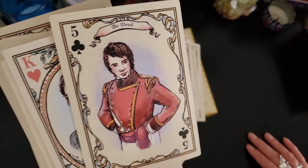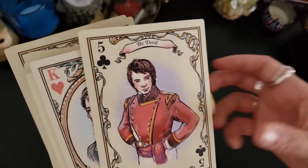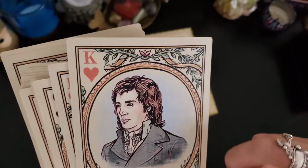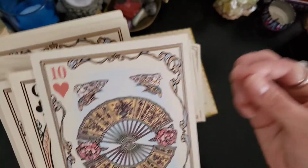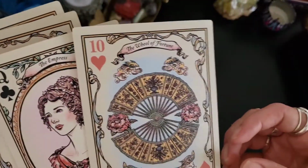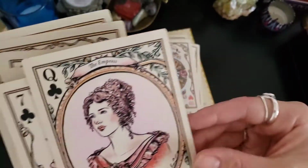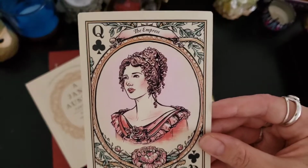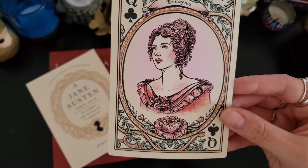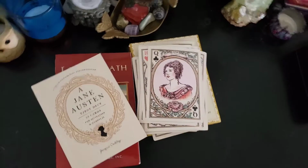Wickham, George Wickham from Pride and Prejudice is the Devil, which is arguably appropriate. So we have the King of Hearts as, this is Mr. Darcy. Again, King of Hearts. The Wheel of Fortune is also the 10 of Hearts. Interesting choice. The Empress is the Queen of Clubs, and I feel like the Empress for me is more of an earth energy, so I would put her as a Queen of Diamonds, and I would make that,